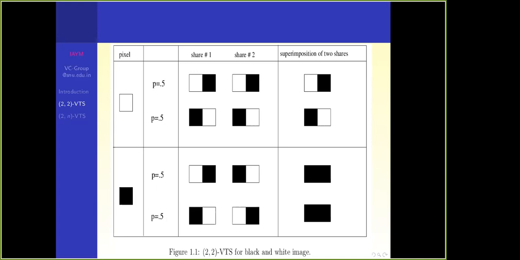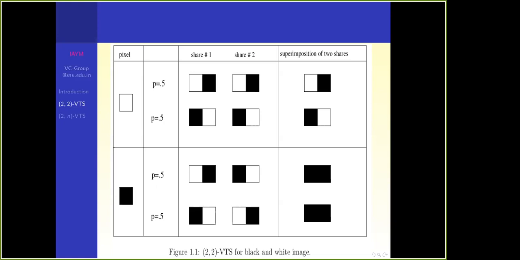You take a white pixel, right? Then I'll give share 1 like that, share 2 like that. Either that I can give or this I can give. There are 2 persons. I want to share a pixel. I will not give that pixel as it is, a white pixel. That white pixel I now make into 2 subpixels, white, black. White, black I give to the first person, white, black I give to the second person.